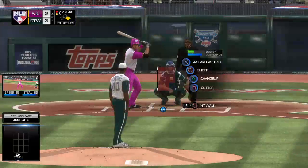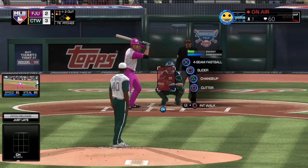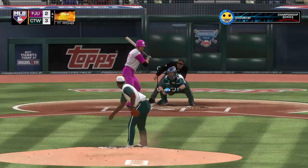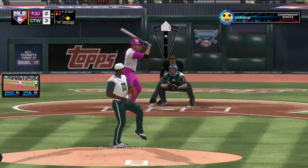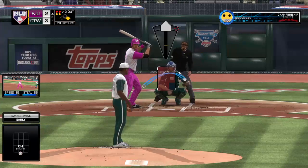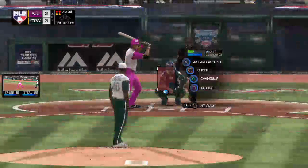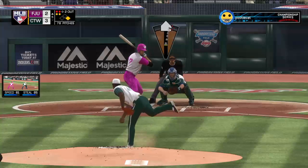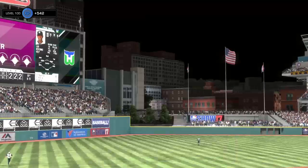Good job keeping it close as the count goes to 1-1. He's set. Here comes the 1-1. No offer on that one. 2 balls and a strike. We've seen him go down on strikes more than once in this game, so this has been a better approach by him at this at-bat. Much more patient, and he's gotten himself into a good hitter's count. And he's back standing. He's set. Here's the 2-2. And he's got another one here. 12 punch-outs now in the ball game, and that'll end the...